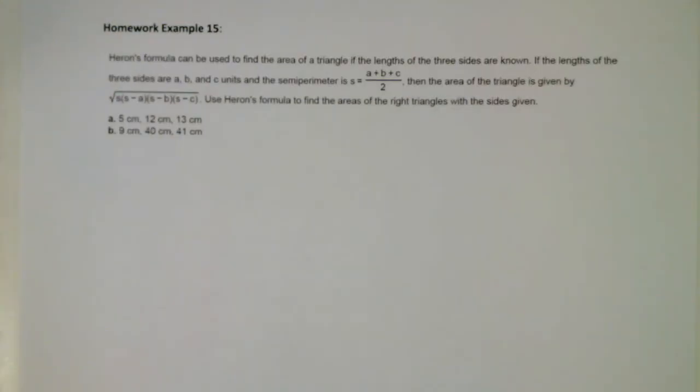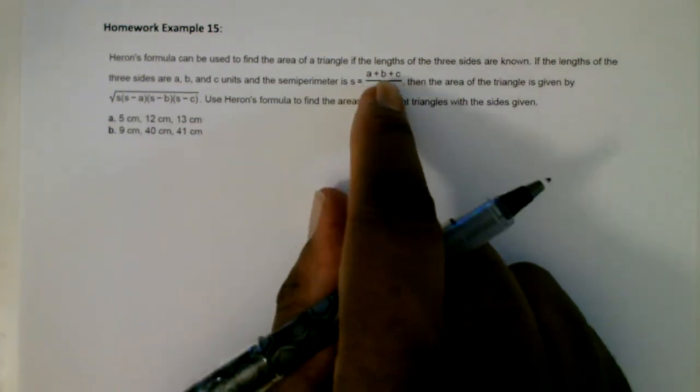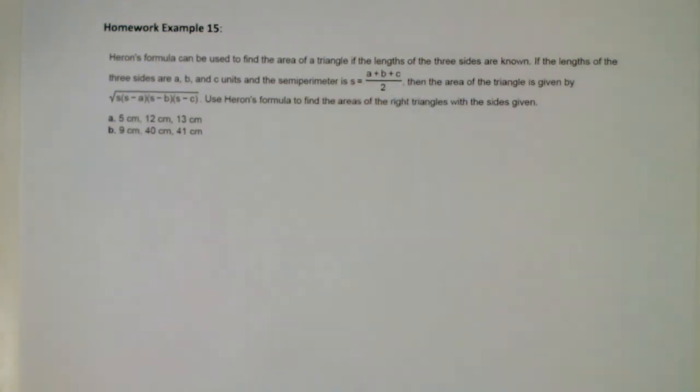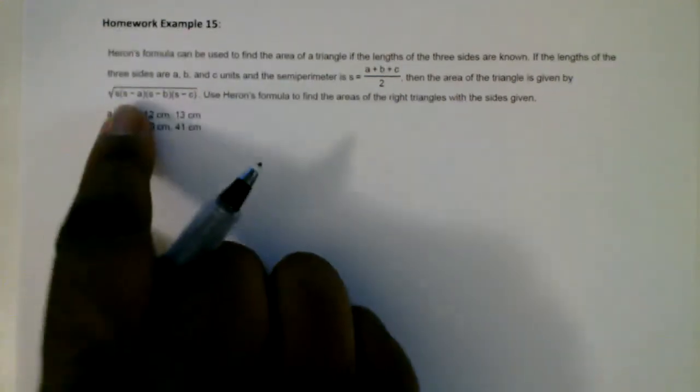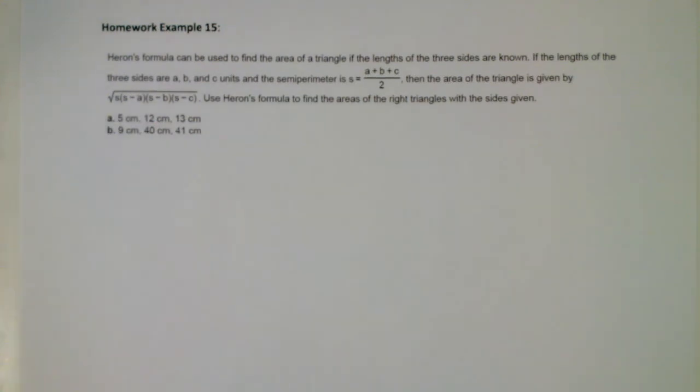Heron's formula can be used to find the area of a triangle if the lengths of the three sides are known. If the lengths of the three sides are A, B, and C units, and the semi-perimeter S is equal to A plus B plus C divided by 2, then the area of the triangle is given by this formula, the square root of S times the quantity S minus A times the quantity S minus B times the quantity